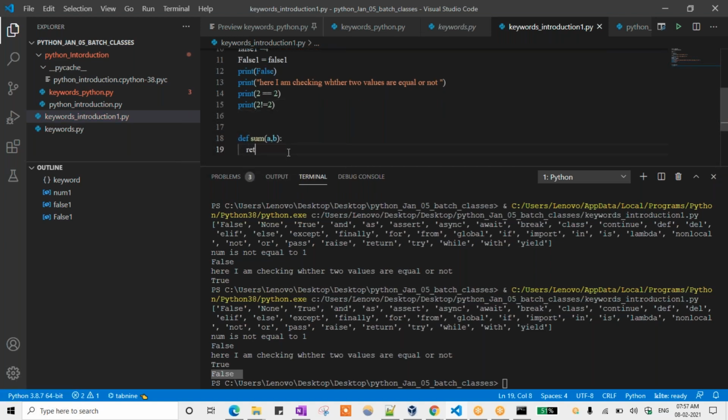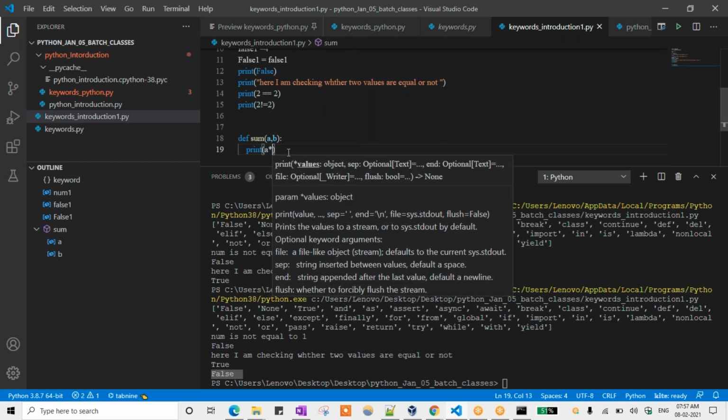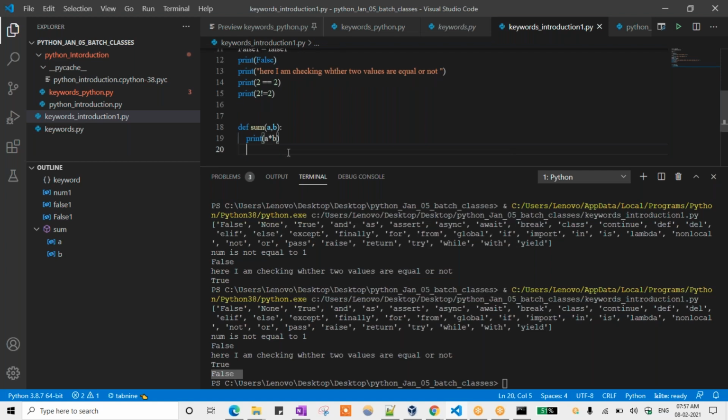Here I am using, instead of a return statement, a print statement. So a into b I am doing. Don't worry about all these things; I will explain one by one. But how we can use the keywords, I am just explaining with simple examples. So I am just using sum of 1 comma 2 here.